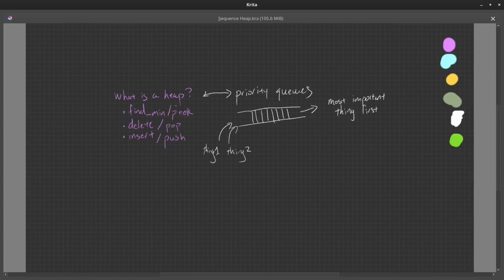And priority queues, well, you can just think about these operations here like you would in a traditional FIFO, first in, first out queue, except with priority. When you do these operations, you're going to get the most important thing first when you peek and when you pop. Alright? So that means if thing 1 and thing 2 have different priorities, no matter which order they get pushed in, as long as they're still in the queue when we peek or we pop, we get the thing